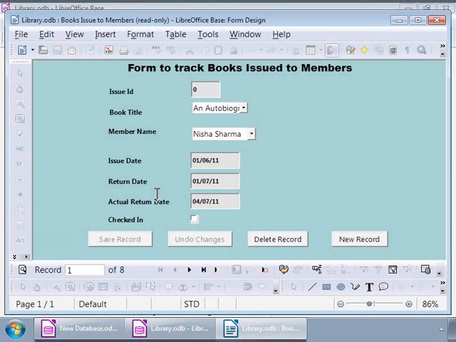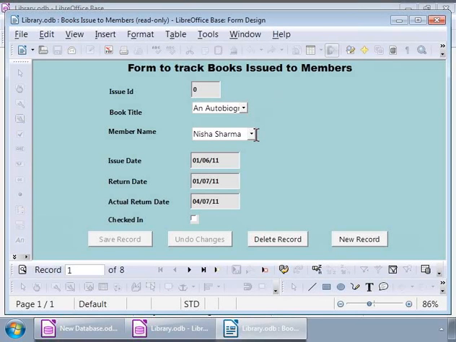Notice the heading that says Form to track books issued to members. And here we see book titles and member names instead of book IDs and member IDs. Also, this is the first record of the books issued table. We see that an autobiography is highlighted against the book title and Nisha Sharma highlighted against the member name.